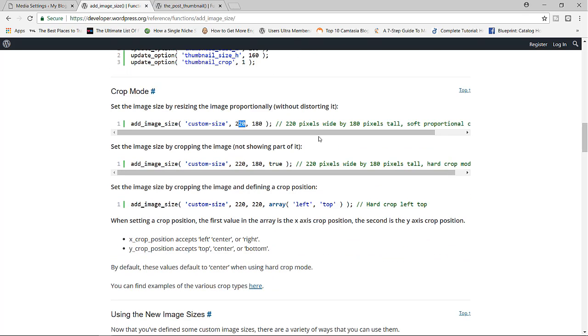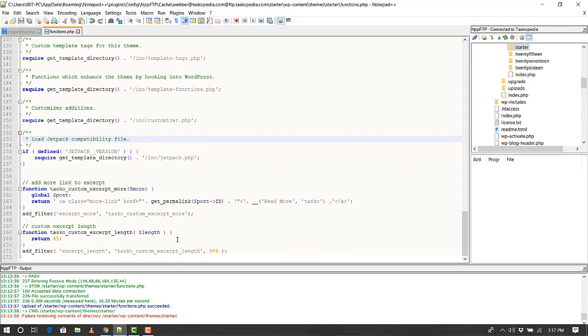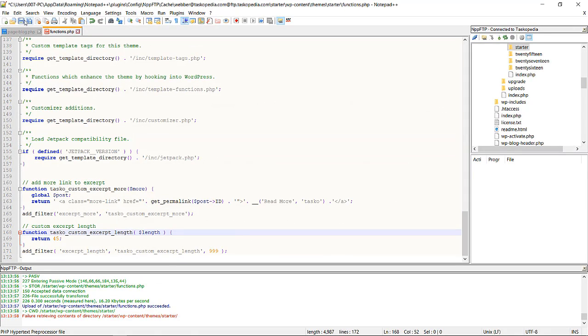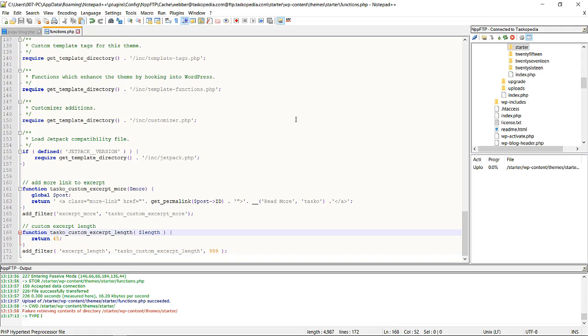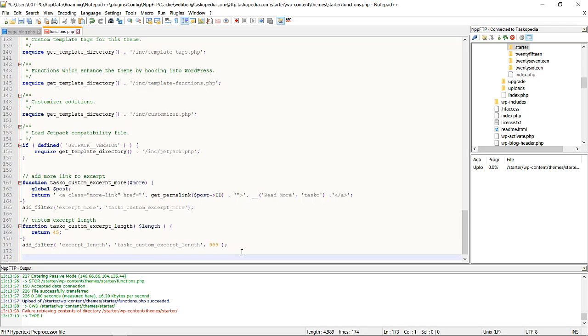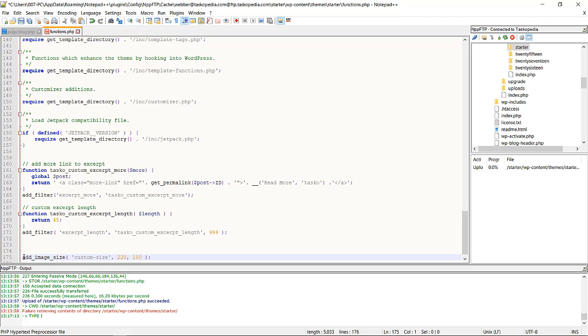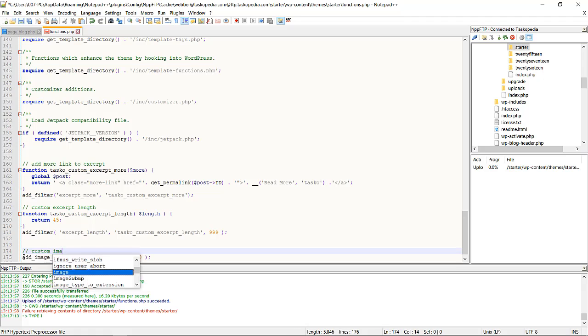So what I'm going to do here very simply, let's just go ahead and copy this. I'm just going to copy what we have over here. Let's copy this. Go to our notepad and let me reestablish my connection to my server. All right, what I'm going to do is down here, I'm just going to paste that and let me add some text to indicate what this is. This is going to be the custom image